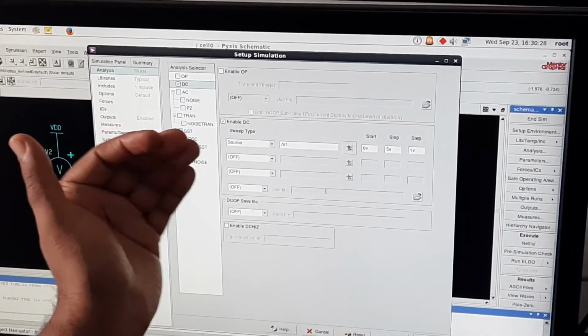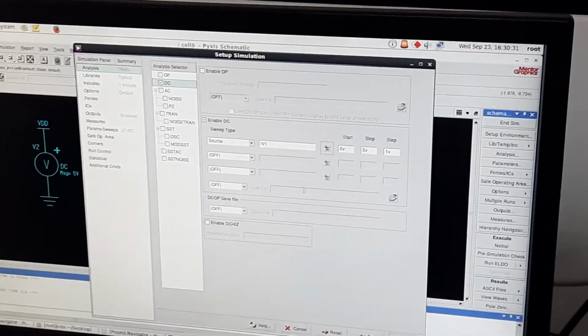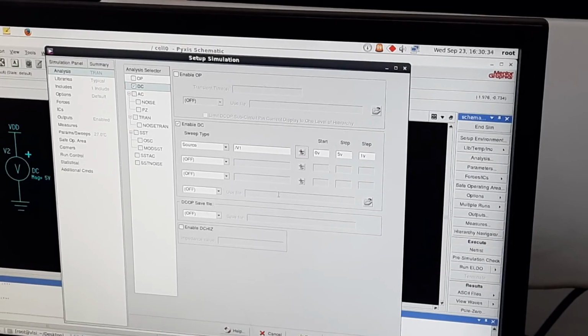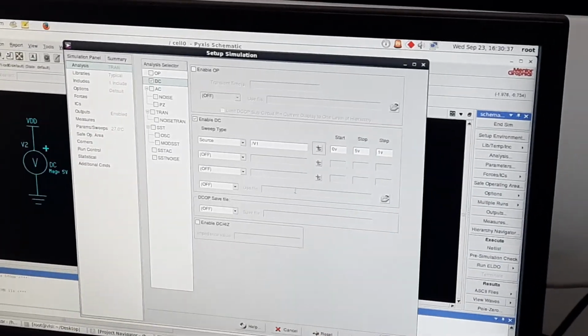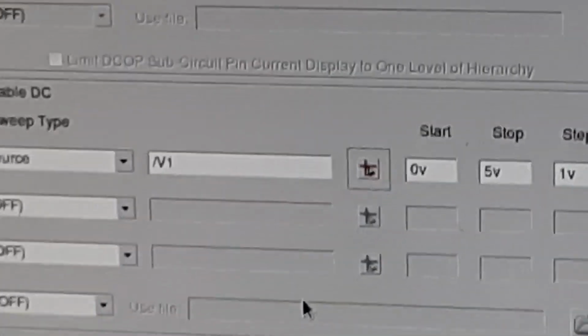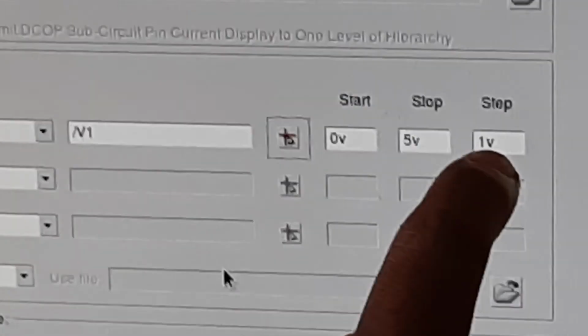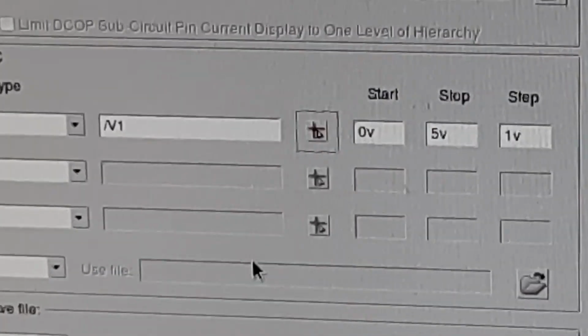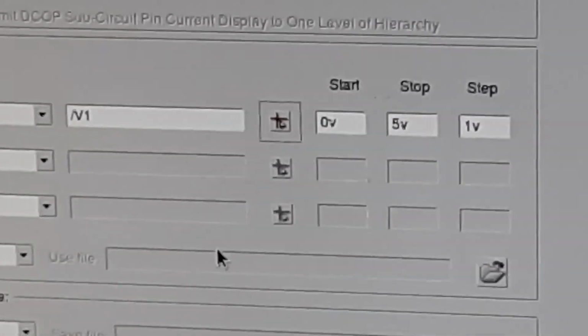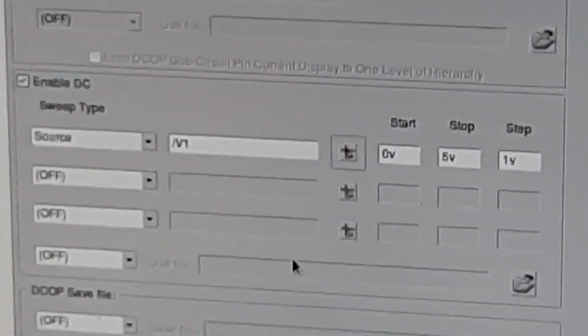Okay, so the next step is, what is the variation of the input voltage? So now what I have set here in this window, my input signal is starting input voltage is 0, and the stop voltage means the higher voltage is 5 volt. So 0 to 5 volt, there is some steps are there in 0 to 5 volt. So what are the steps? I put here 1. So first 0 to 1, 1 to 2, 2 to 3, 3 to 4, and 4 to 5. So these are the stepwise allocation of from 0 to 5 volt.